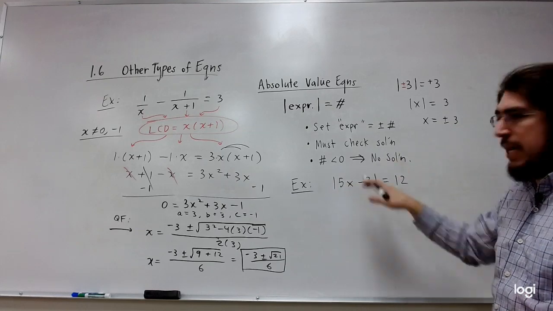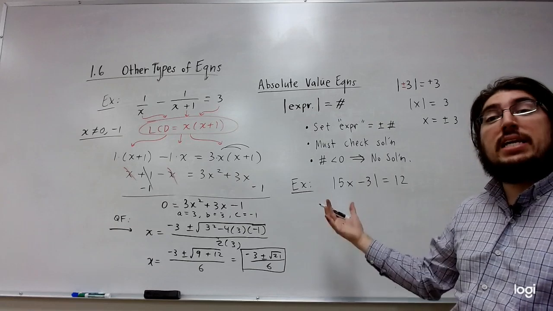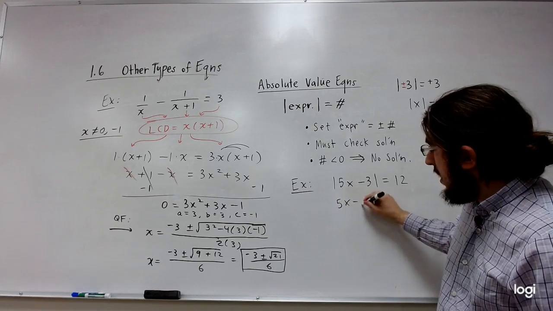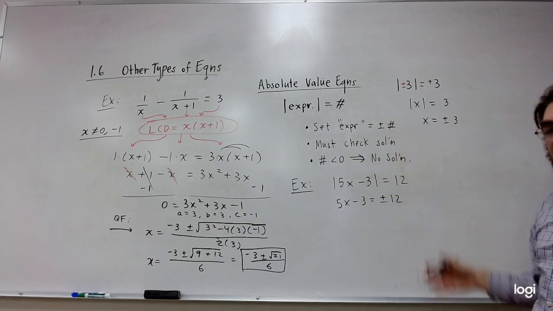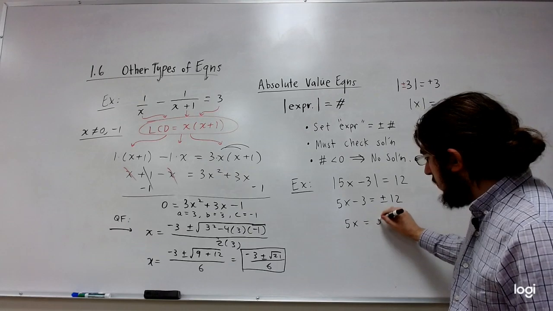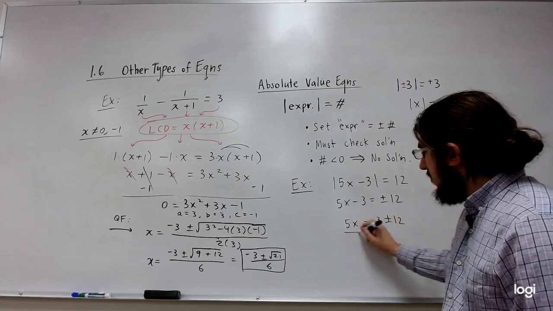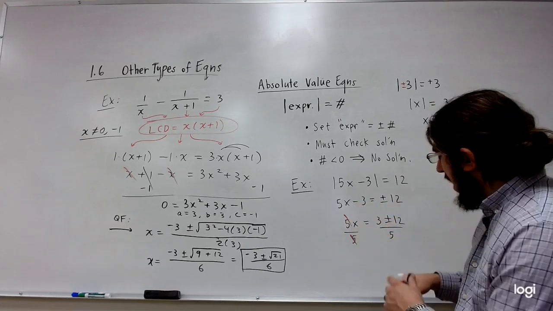So let's see this example here. We're going to set the inside 5x minus 3 equal to plus or minus 12, according to what I said here. Okay, we're going to add 3 to the other side to get 5x by itself. Then we're going to divide both sides by 5. And we are finally going to get x is equal to